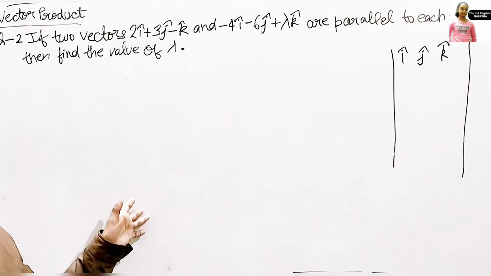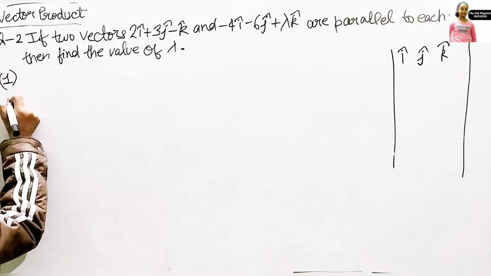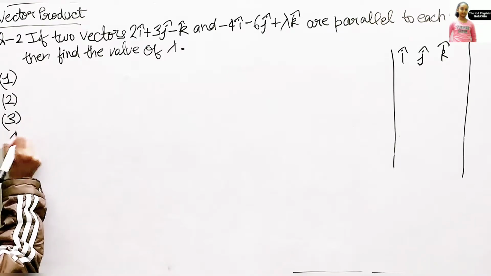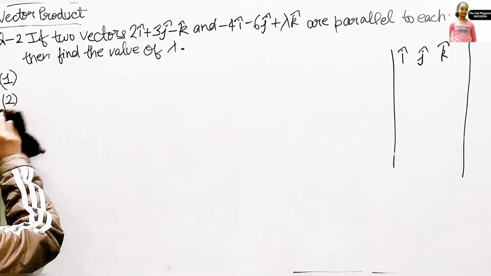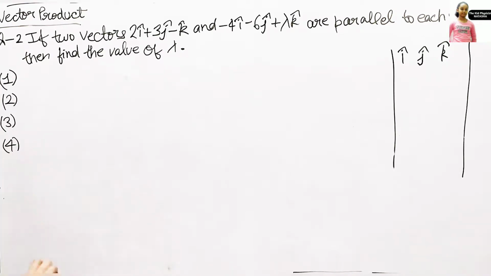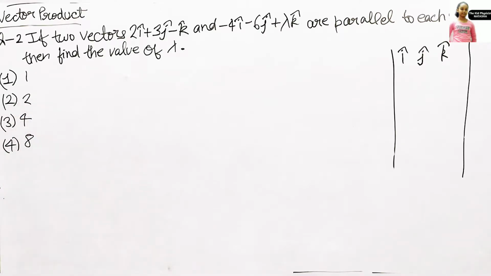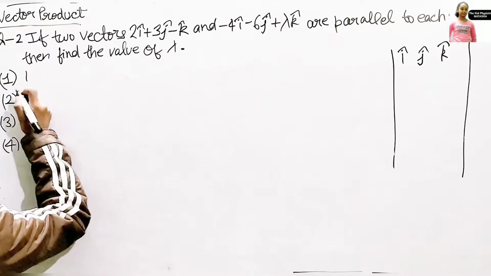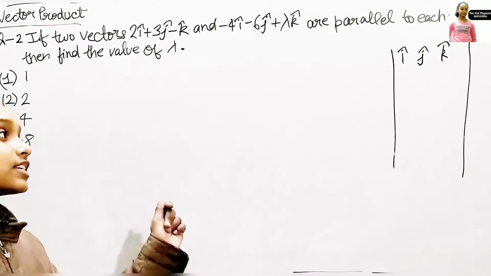I just told you that in this question also options are given to us. So don't worry. 4 options are also given to us. So let me just write. It is 1, 2, 4 and 8. So I hope you all can see the question and options clearly. And so let's just solve this question also.